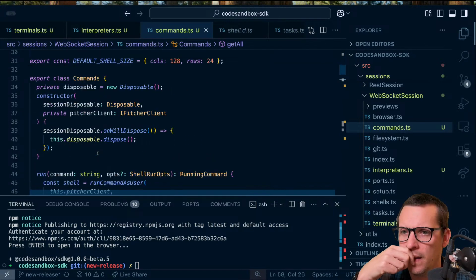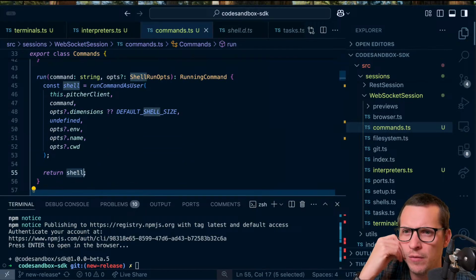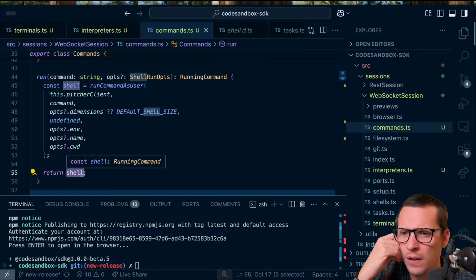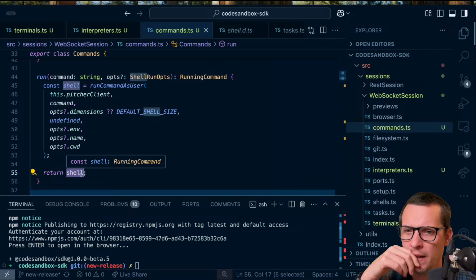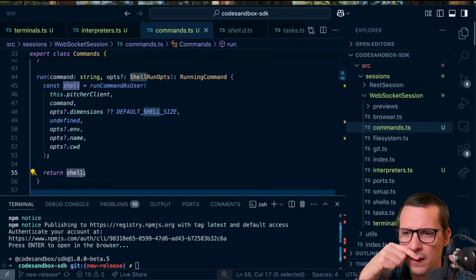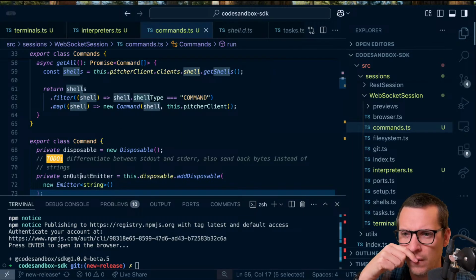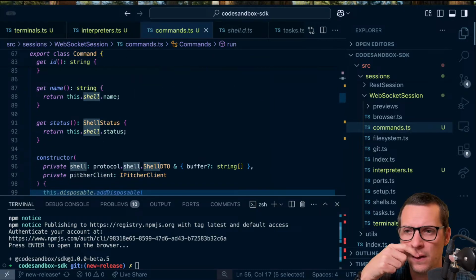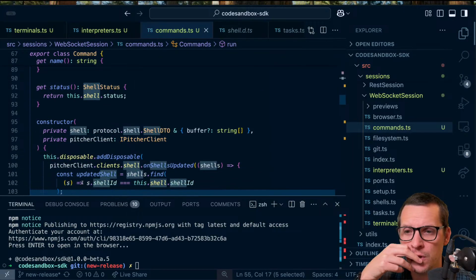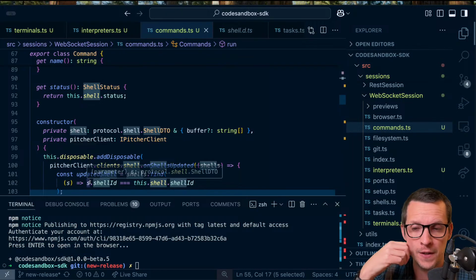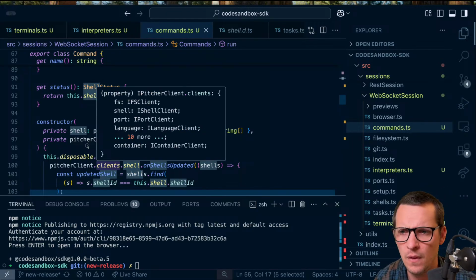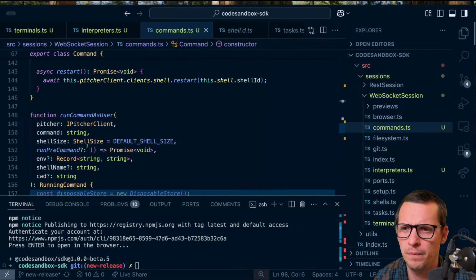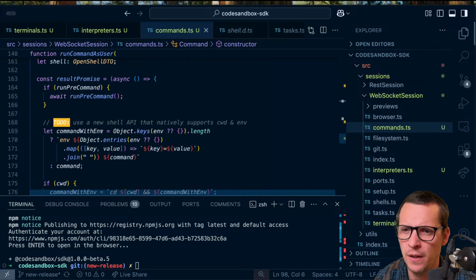But one thing is we're returning this weird running command. I don't think we should do that. I think we should return an actual command. But that command has a way for you to wait for it to finish. So what I would rather do here is,